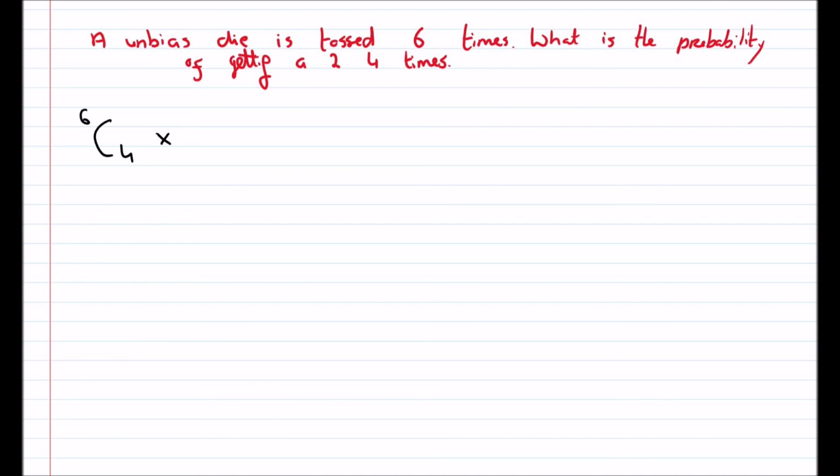Let's keep going, we'll do another one. So an unbiased die is tossed 6 times. What's the probability of getting a 2 4 times? Well, how many different ways can I get a 2 4 times after tossing the dice 6 times? That will be 6 choose 4 multiply by, well, probability of success. Well, chance of getting a 2 are 1 over 6, and I want to get it 4 times. If I get it 4 times, well then obviously I'm going to not get it twice, and that will be 5 over 6. Okay, and I'm not going to work it out, I'm just going to, if you do it. Right, what about if I